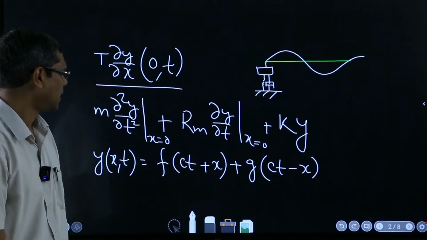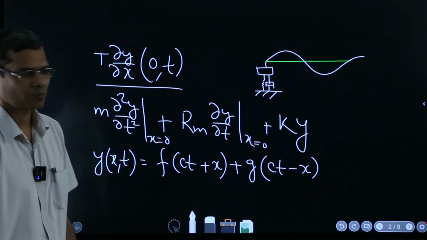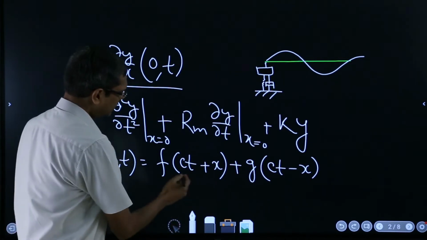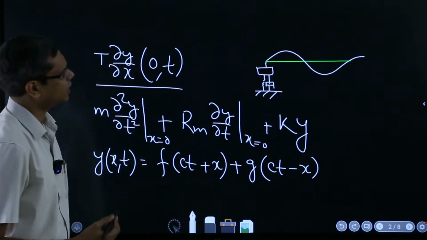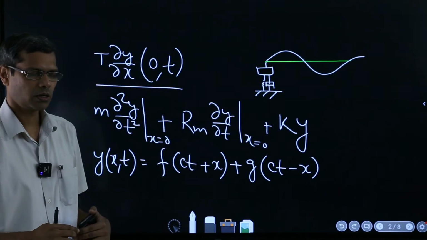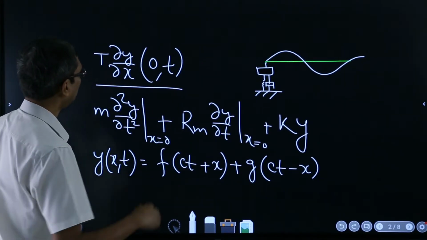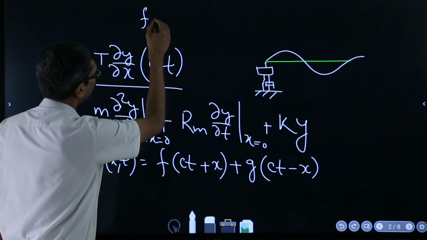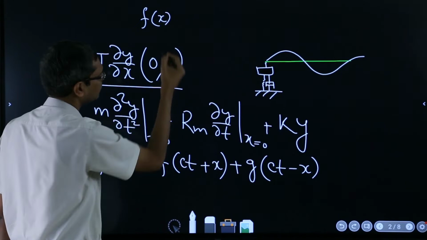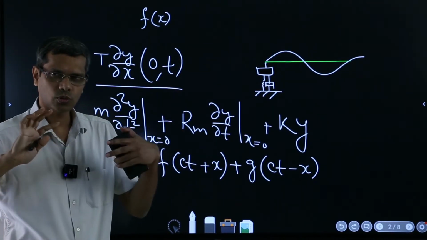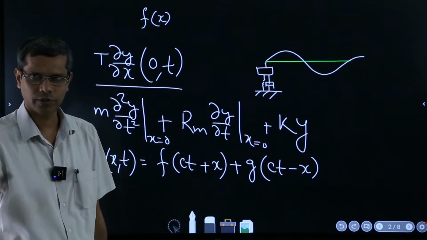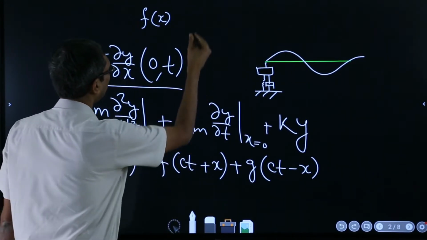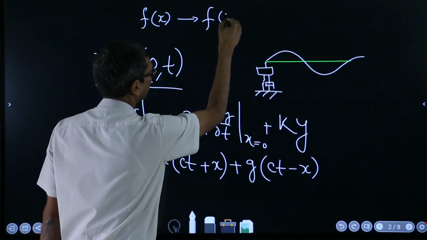Okay, I will take this as the solution. Now, phi, so see, this is a very general trick which is always used. Suppose you have a function of x. If you know the snapshot in a way of the function, then you can write how it will move by changing it to x minus ct,